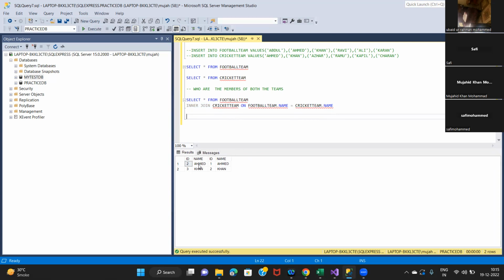You see now it is displaying only the common rows from both the tables, from football team as well as cricket team. These are the records which are matching in both the tables based upon one condition. If you want to display only the names,